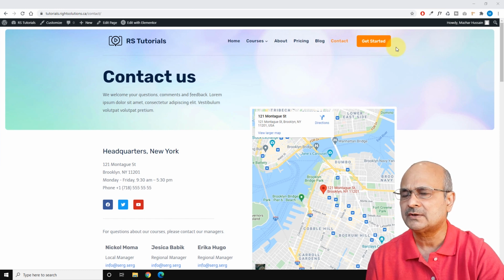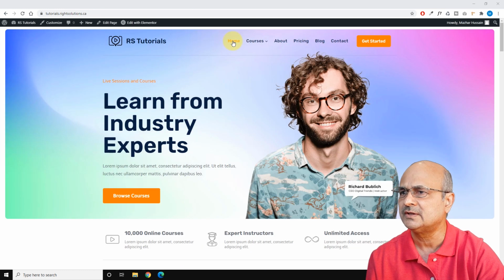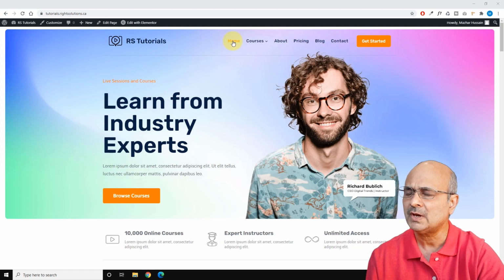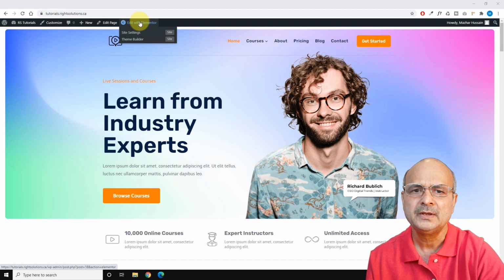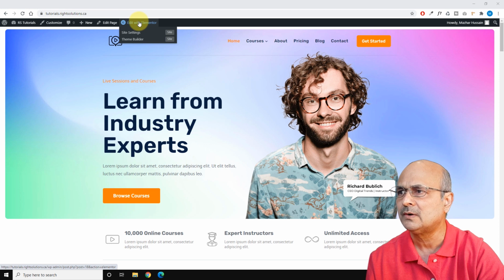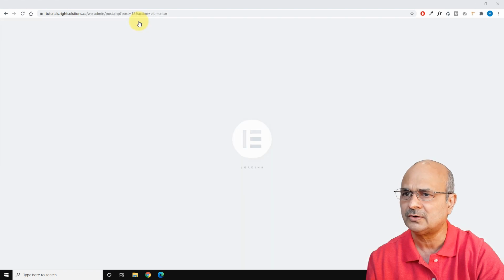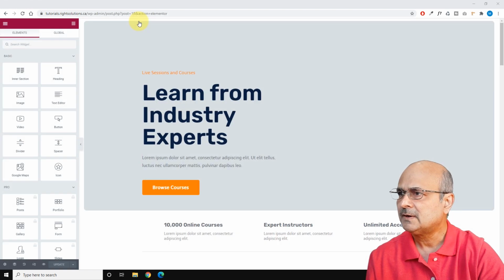Let's go back to the home page, I believe. So let's start editing this page now. And as you know, we had imported this website using the Elementor page builder. So let's start editing this page, selecting from this top menu here, edit with Elementor. Click on it, so it will load the Elementor page editor. Here we are, and this is the